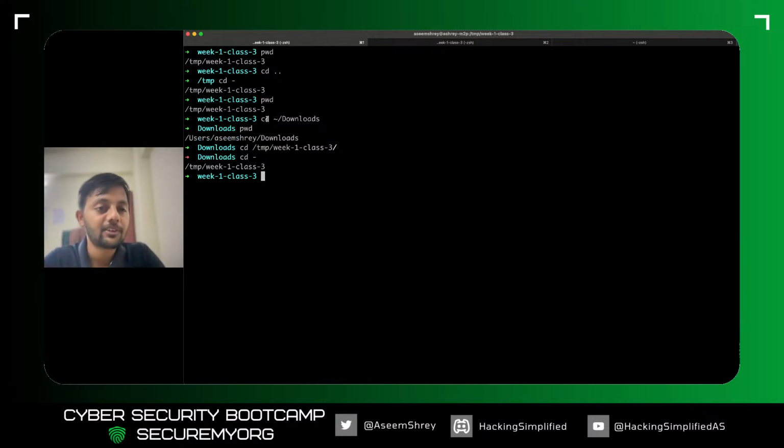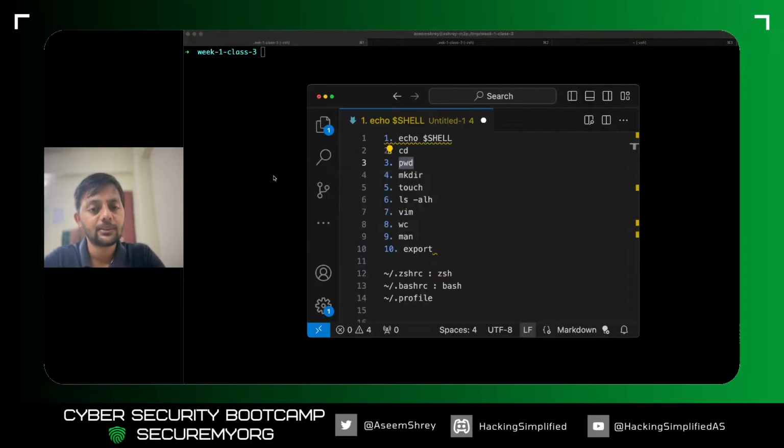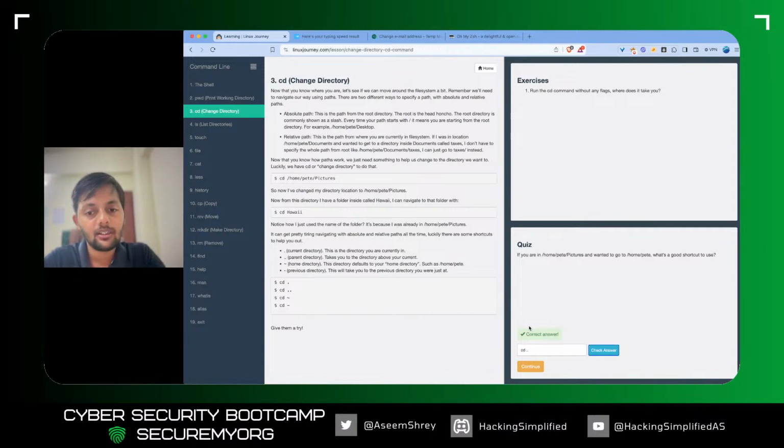And you might ask, what is this tilde? This stands for the root folder, the home folder. For example, if I do present working directory, it shows users Asim Stray, which is the home working directory. So this tilde operator is for the home. These are shortcuts. Hyphen is for the previous folder. Tilde operator is for the home directory. Again, if I have to go back like this. So these are some of the shortcuts that I mentioned.